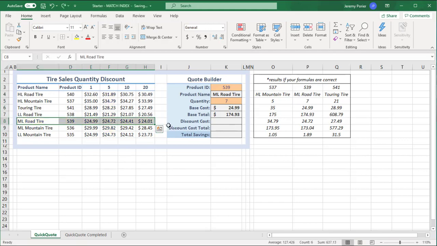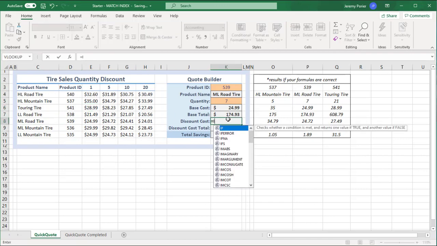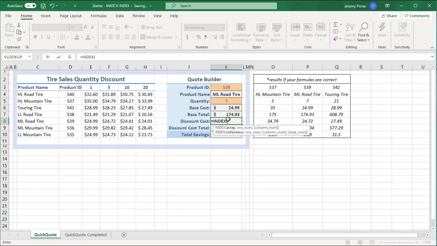So I'm going to hit undo twice so I can get rid of that highlighting. And then let's get to work on this formula. The first thing we need to do is start with a plain old index function. And this time our array, rather than grabbing a single row or a single column, is actually going to be this set of rows and columns. So if you think about math, we're going to need to give it an X and a Y, so to speak,